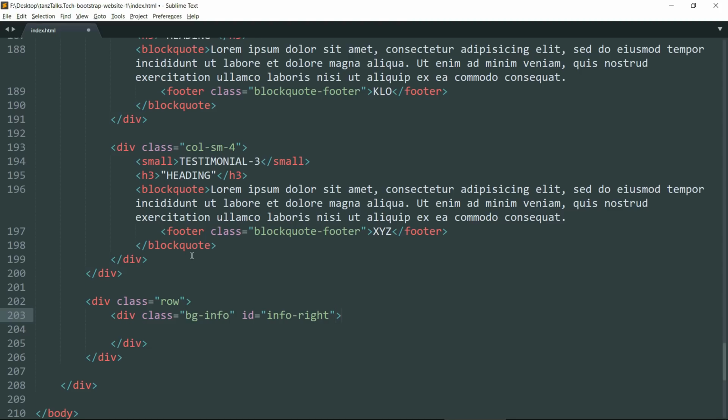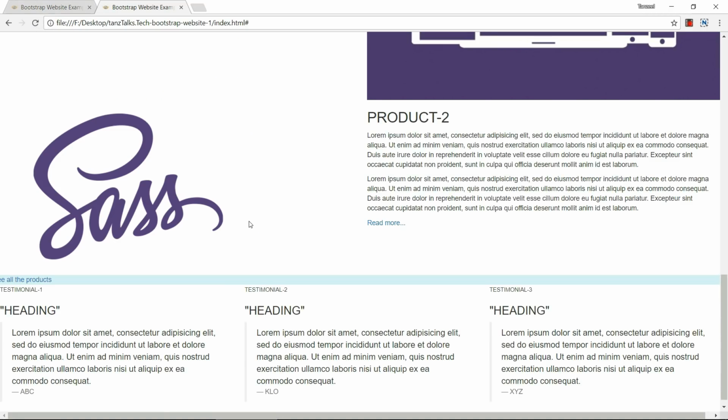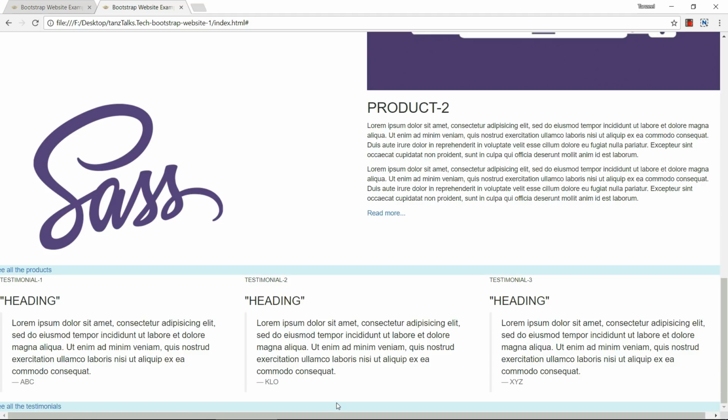Now create a link referencing to pretty much nothing. Give it a hash sign and class as bg-info-link. Now write the text as see all the testimonials. Now save your file, open the website. Okay, now we have that blue box below it.